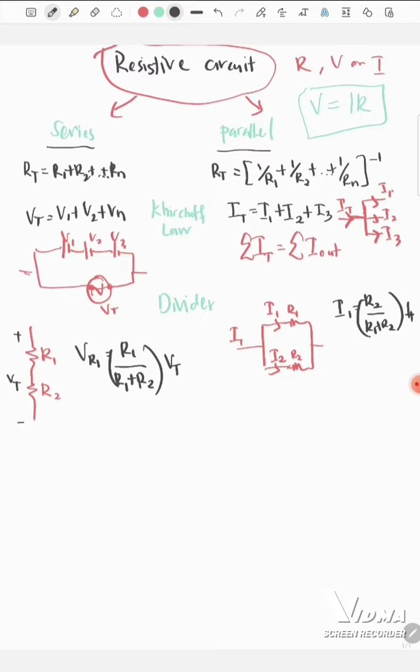Okay, and then you also learn about the analysis. Okay, so you learn about the different kinds of analysis, and basically it is about either mesh or node analysis, and you can apply any technique that you have learned before. Okay,